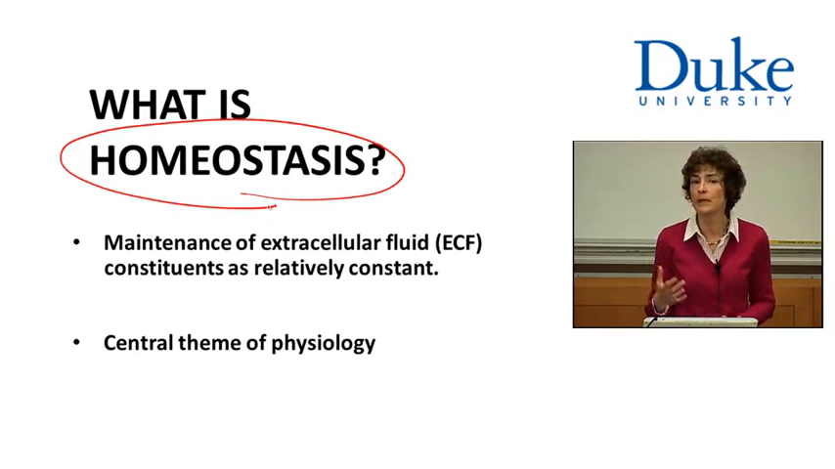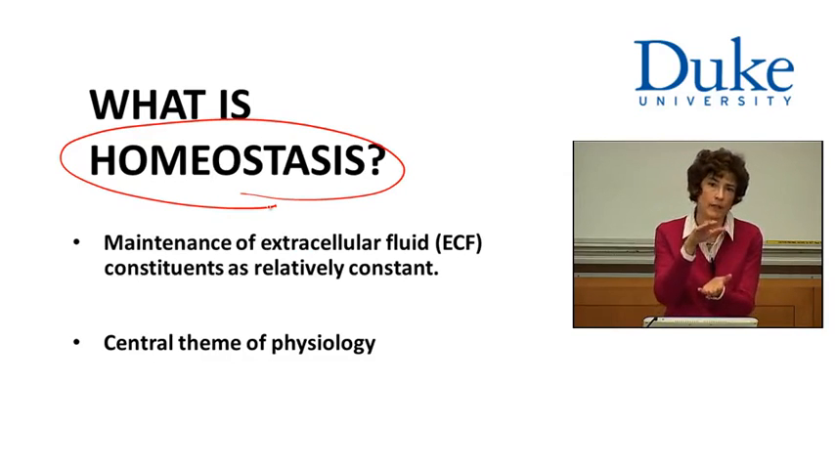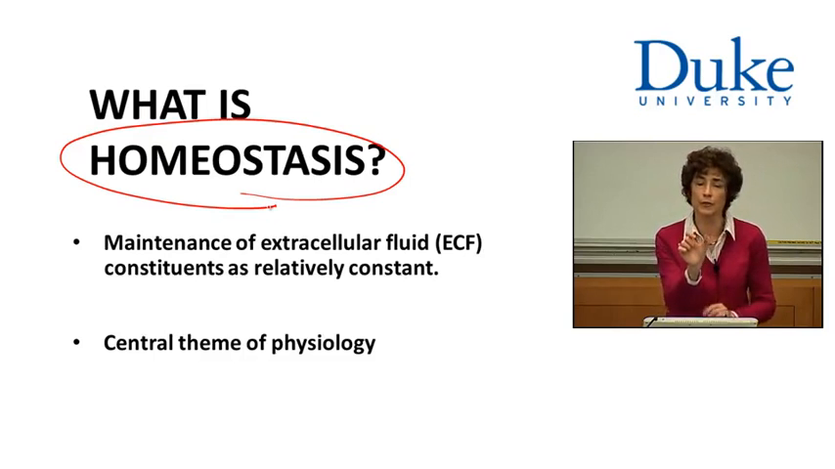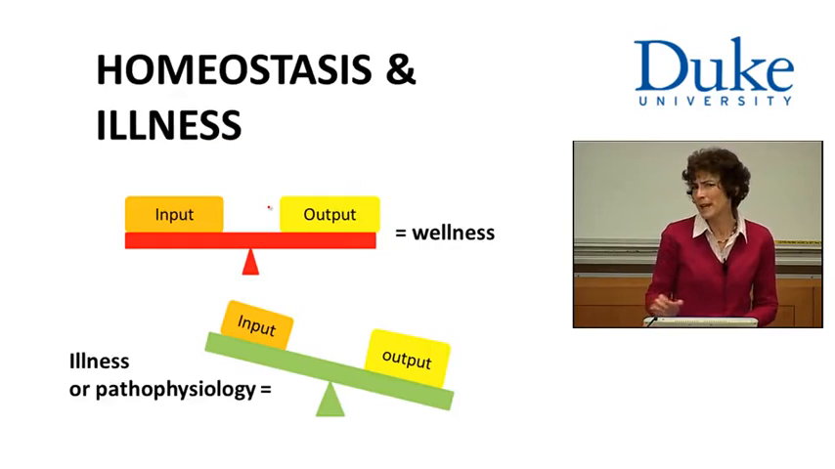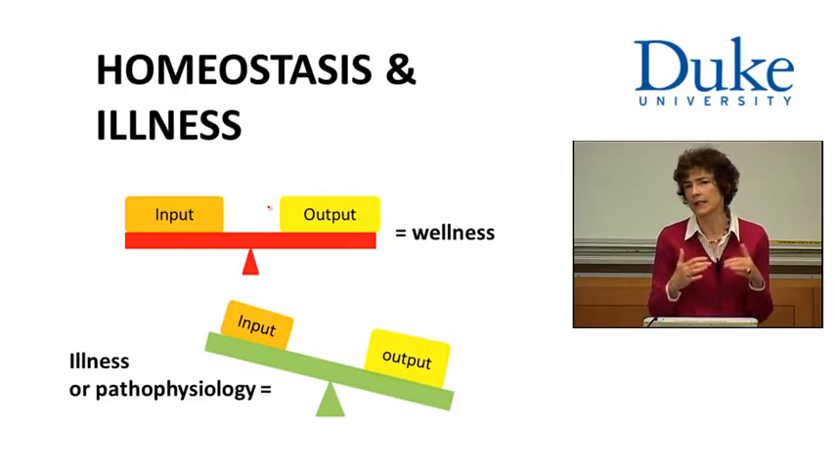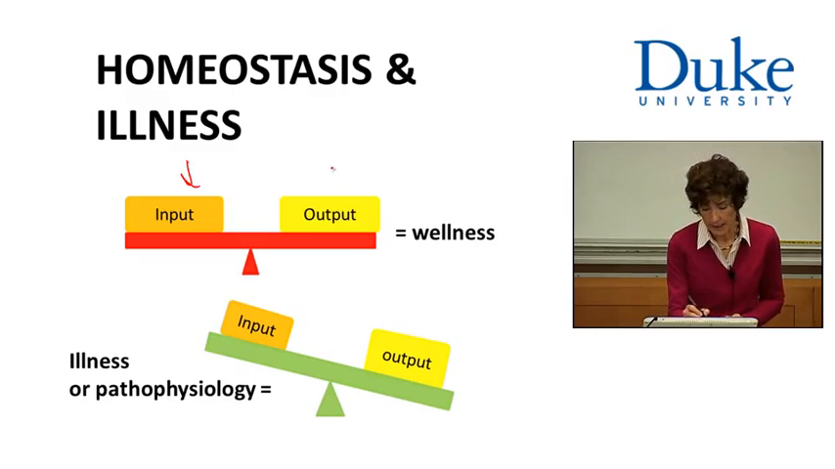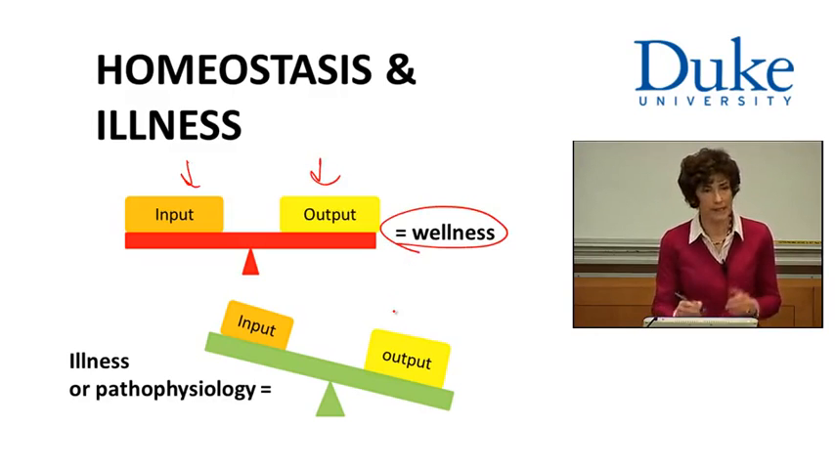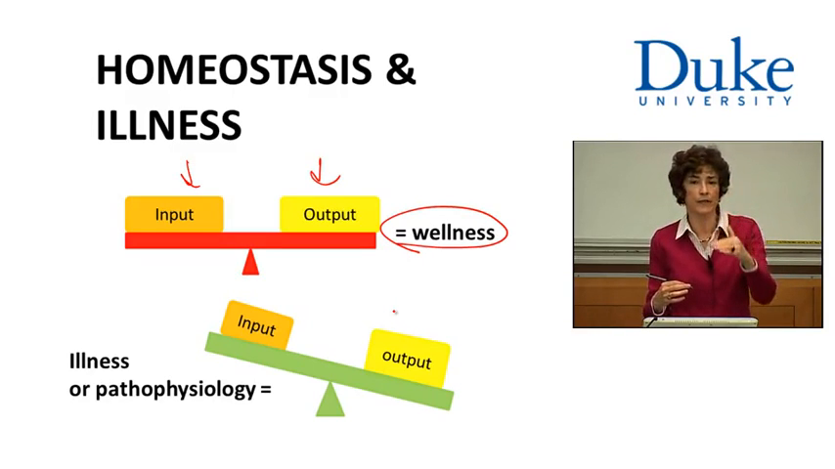So that's our central theme, and what we're going to see is that all of the organs of the body are going to act on that ECF to try to keep the contents of the ECF within this very narrow range, which is compatible with the life of the cells. So what happens if we do not maintain the ECF in this very tight range of needed factors? When input is equal to output, we'll have wellness. Under those conditions, as long as the materials within the ECF are within the range that's compatible with the life of the cells,